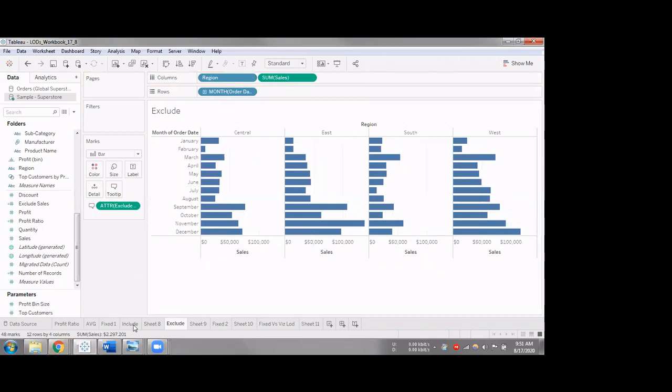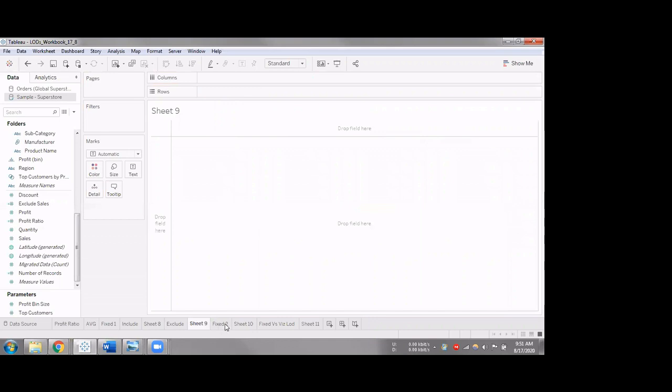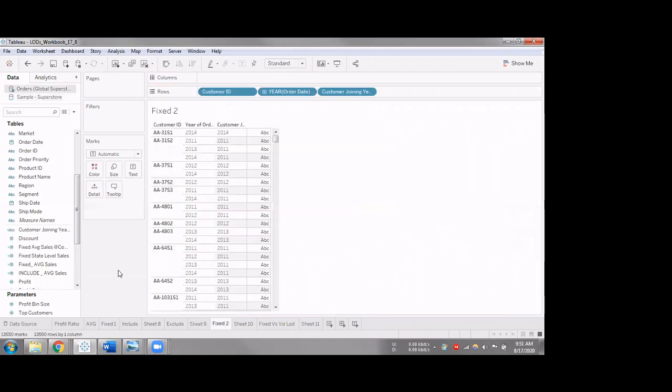So basically, this is to introduce you to the level of detail expressions. We'll go in depth on these expressions, how they differ from each other, and how filters affect each of these, in the upcoming sessions. And here I have one more example of a fixed level of detail expression. I'm actually running out of time.